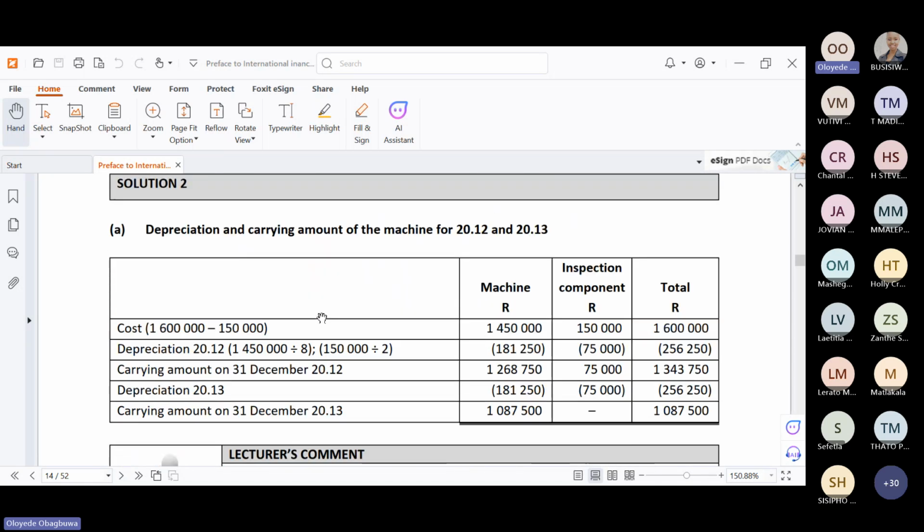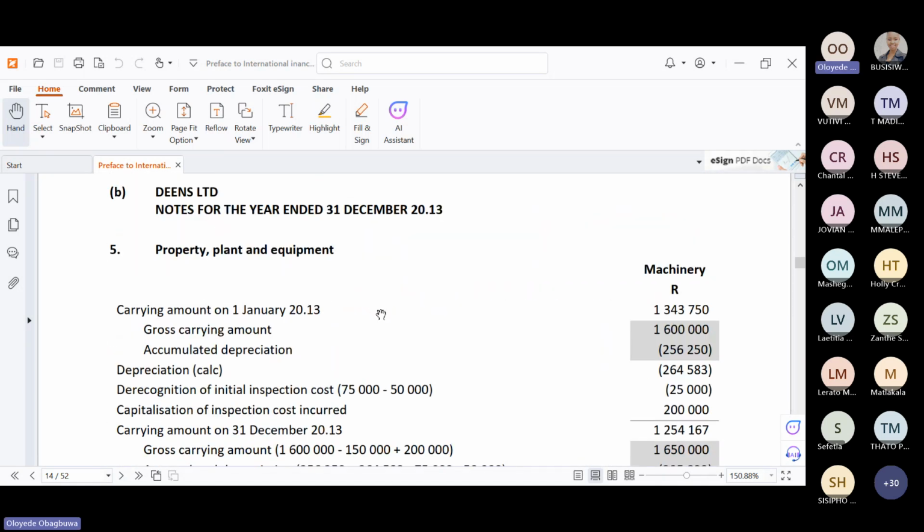Now let's go see how we go about this one. Now, the note for the year ended 31st 2013, note 5, property, plant, and equipment. Okay, we see the carrying amount on 1st of January 2013, because our note is ending 31st 2013. So it means if the financial year is ending 31st December 2013, it begins from 1st of January. You know, it's 12 months, January to December. So the carrying amount now